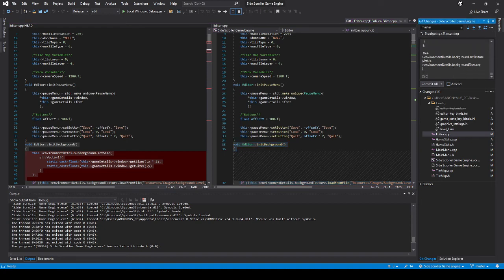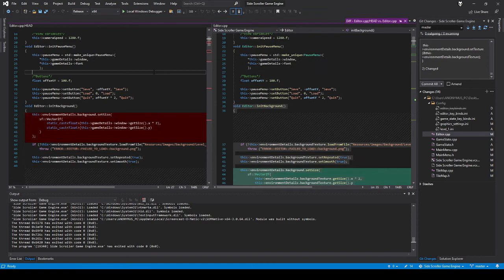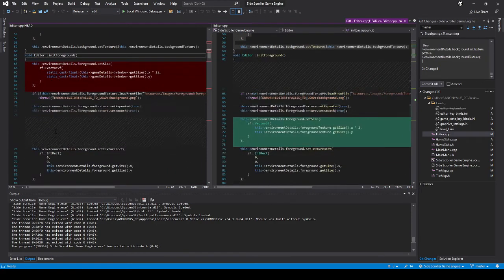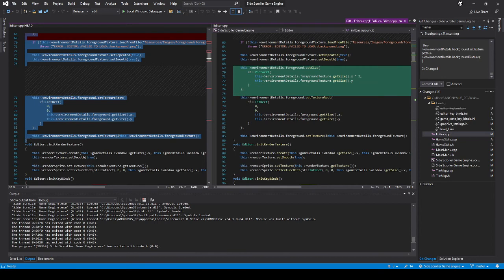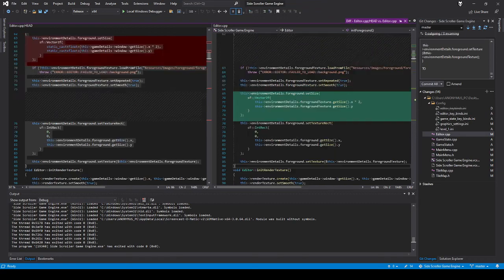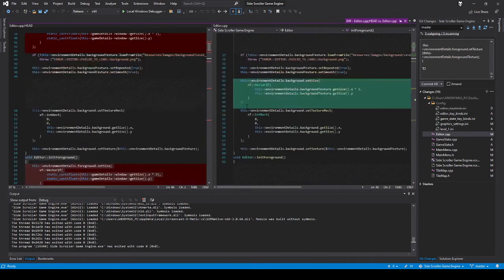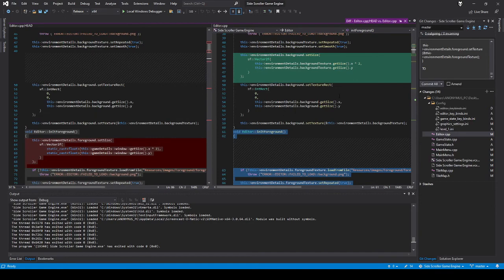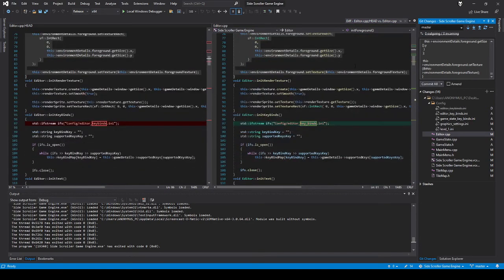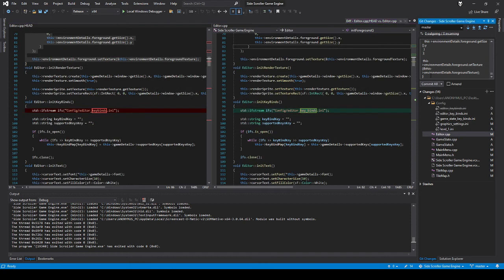And two, we changed the init foreground to this. And then three, we changed this line to this line in